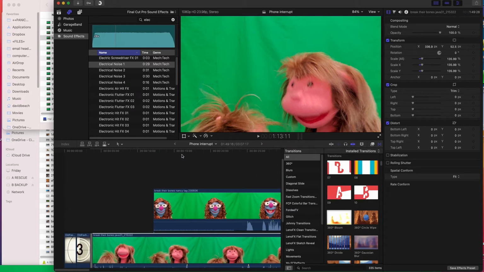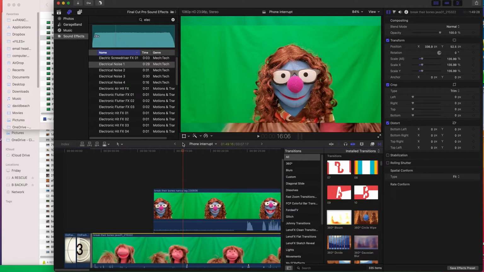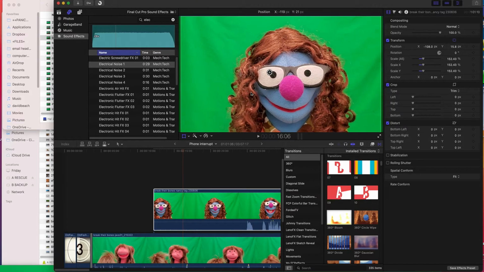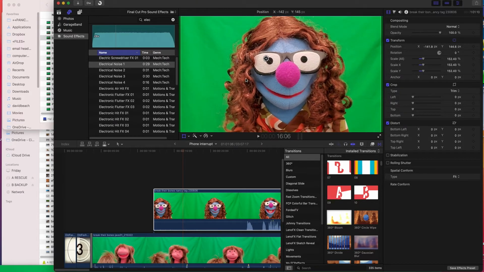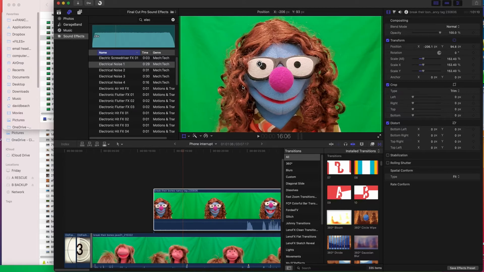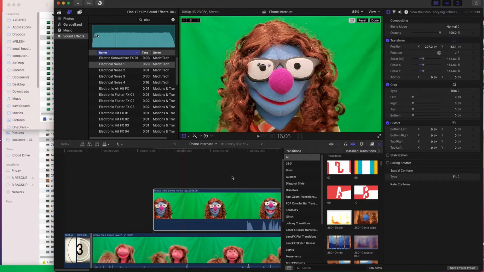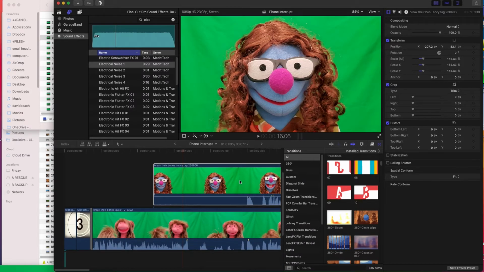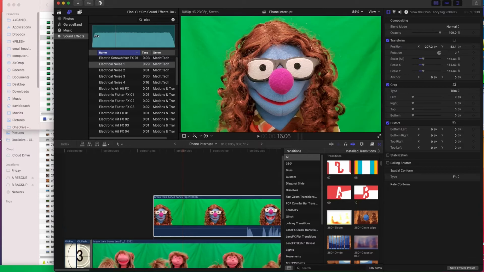I'm going to do the same thing with Nancy's. I can transform her and make sure that's highlighted. I'm going to stretch that out and bring her up and then center Nancy because she's the only one in the scene. All right, so she's now centered. Java is where I want him to be. Now I have a couple of different options, and what I'm going to do right now is set up